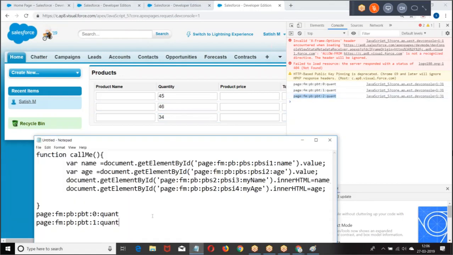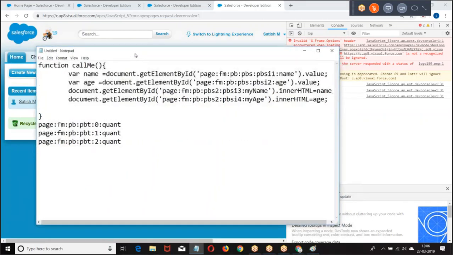So when you click on a particular element in a row, what did you get? Page, form, page block table, row number. If you can get this value, you know which row this is. The row number is printed. If you can get that row number, we know on which row we are working.